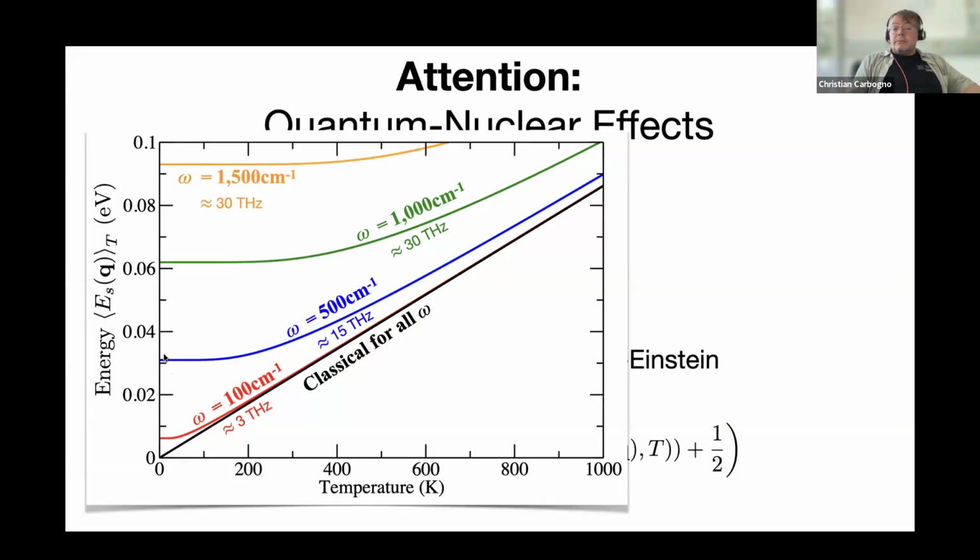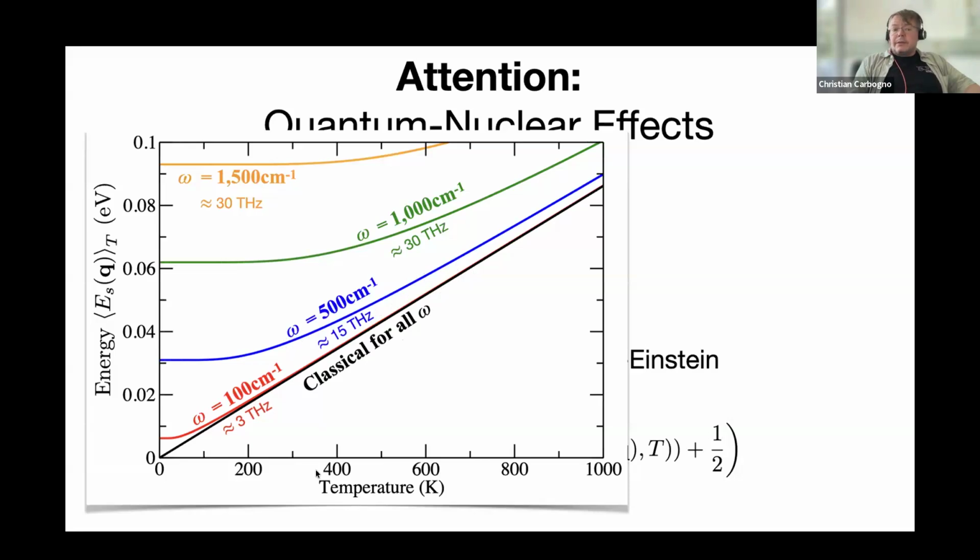If we go to modes that have a little bit higher frequency, around 15 terahertz, we see that the zero-point motion is much more present. So look, this at least survives until 200 or even 300 K, and to really get close to the Clamp-Meslica limit, we have to go to very high temperatures.